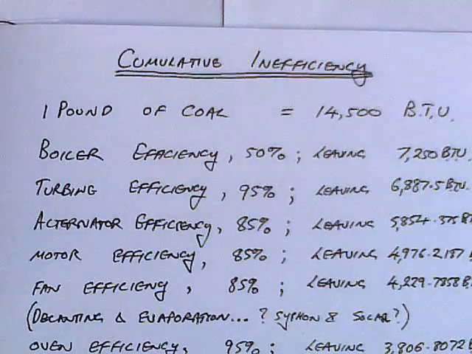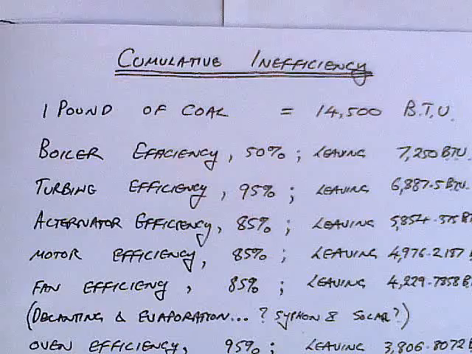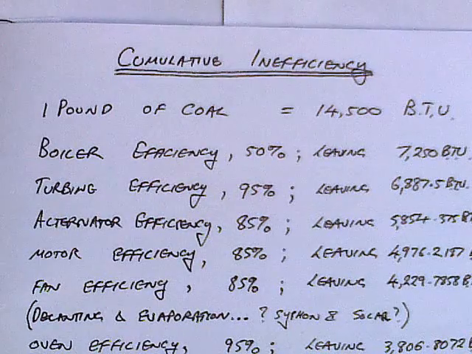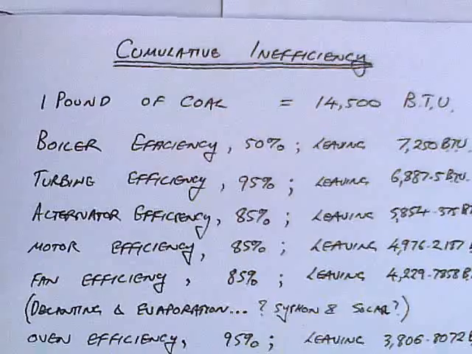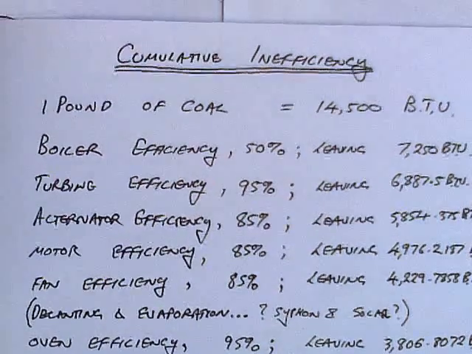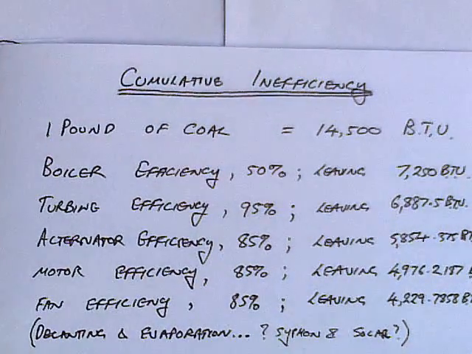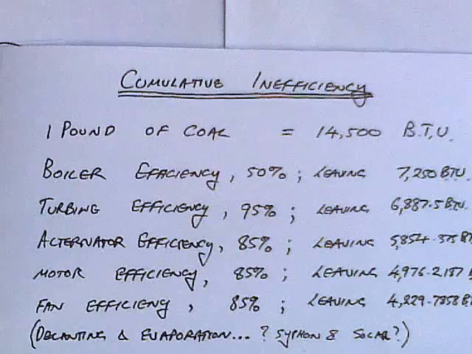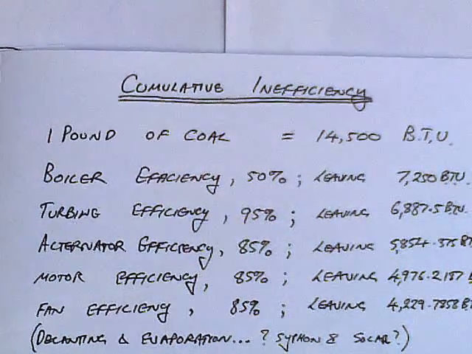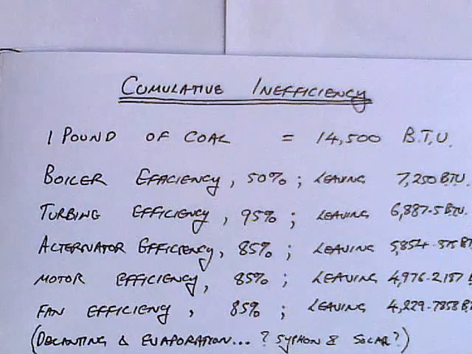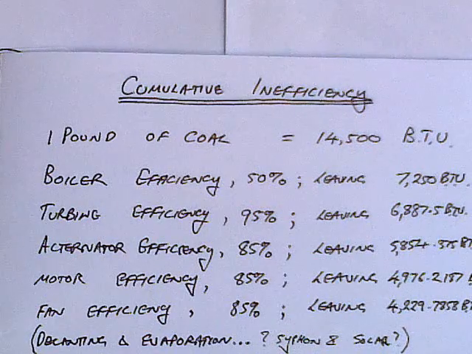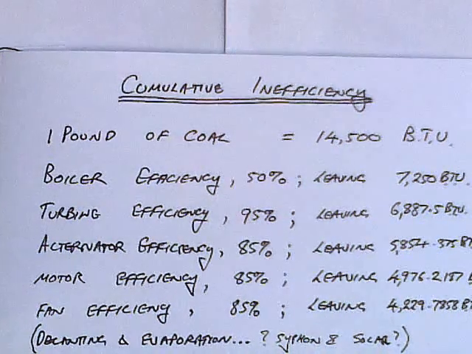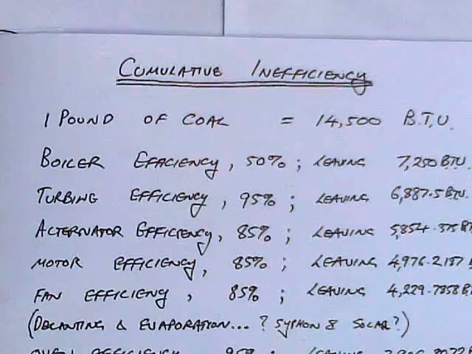Here's how it looks. Pound of coal, 14,500 BTU. Boiler efficiency 50% leaves you with 7,250. Turbine efficiency of 95%, leaving 6,887.5 BTU. Alternator efficiency of 85% leaves you with 5,854.375. Motor efficiency of 85% leaves 4,976.2187. Fan efficiency of 85% leaves